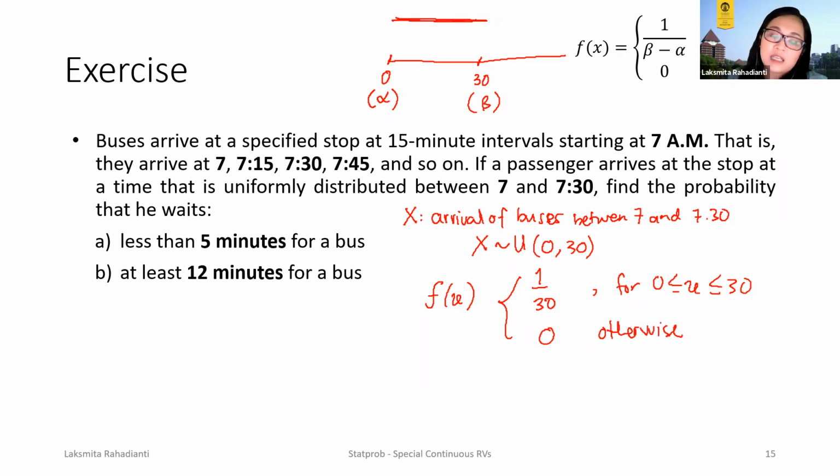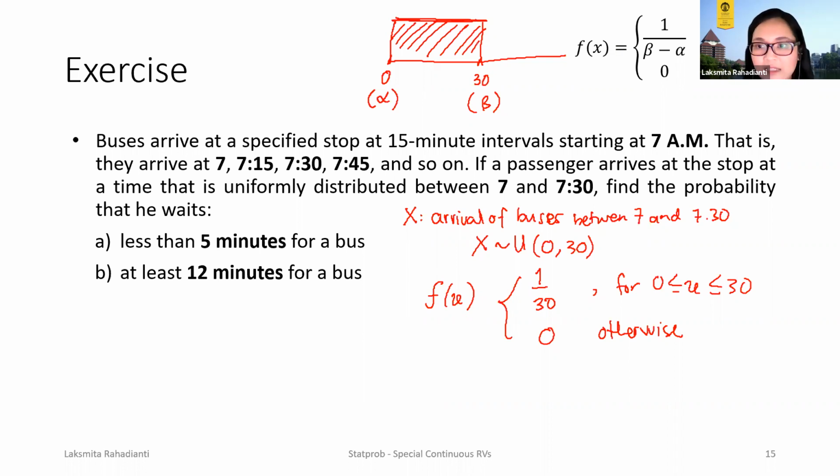So this is what I know about my random variable. I haven't solved A and B yet. I've only defined my random variable. This is also visible here if I draw it out. So here, this has to be equal to 1, correct? So each of these should be 1 over 30, 1 over 30, 1 over 30, and it is 0